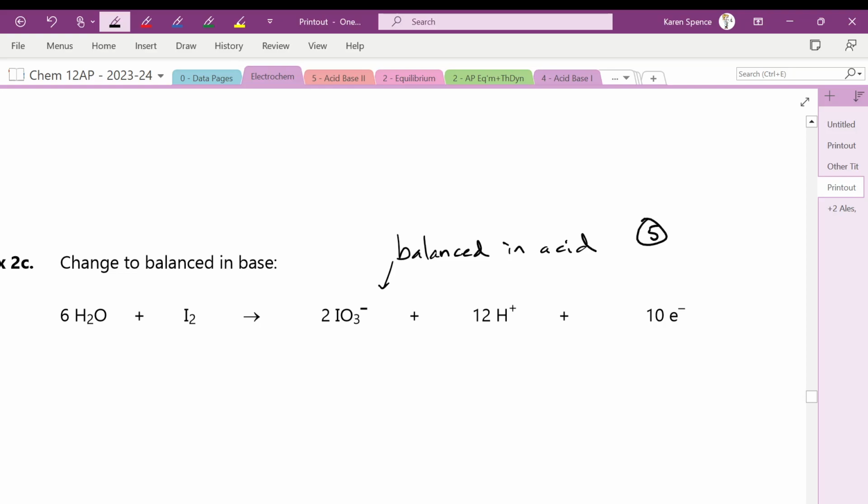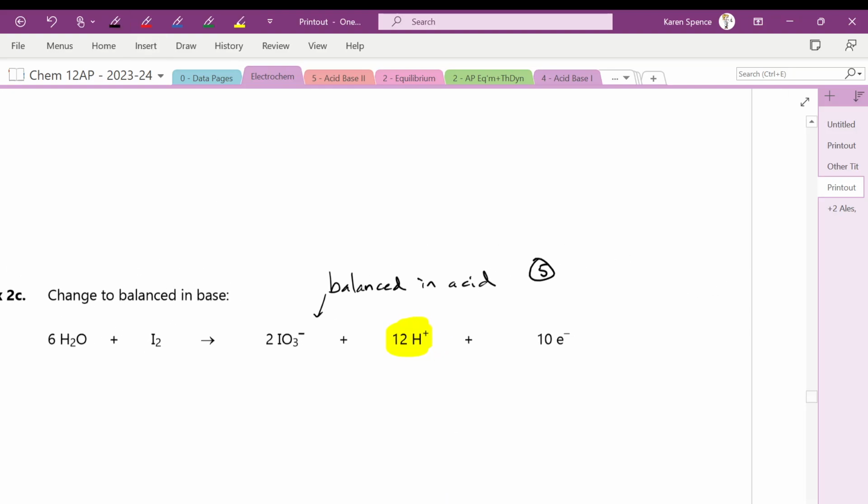See, I told you by the time we got here, you'd forget. We need to make it basic. So what do we need to do with our hydrogens? We need to neutralize the hydrogens by adding